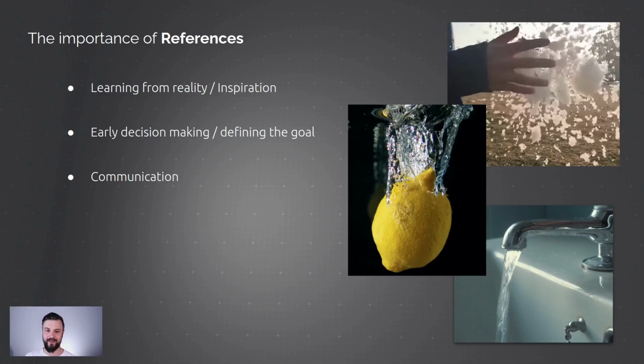Of course, what makes sense is that you use it as an inspiration, but more importantly, you're learning from reality about things that you're not aware of. And it's actually surprising how many things you're not aware of. Then it helps you to define the goals. It's tricky to just do something based on a simple explanation like snow, because then you start to chase a moving target. What snow is or what it means can change depending on your mood and the detail, and you might go with something that looks better than others. So defining explicitly what you're trying to achieve is extremely helpful to even being able to make decisions.